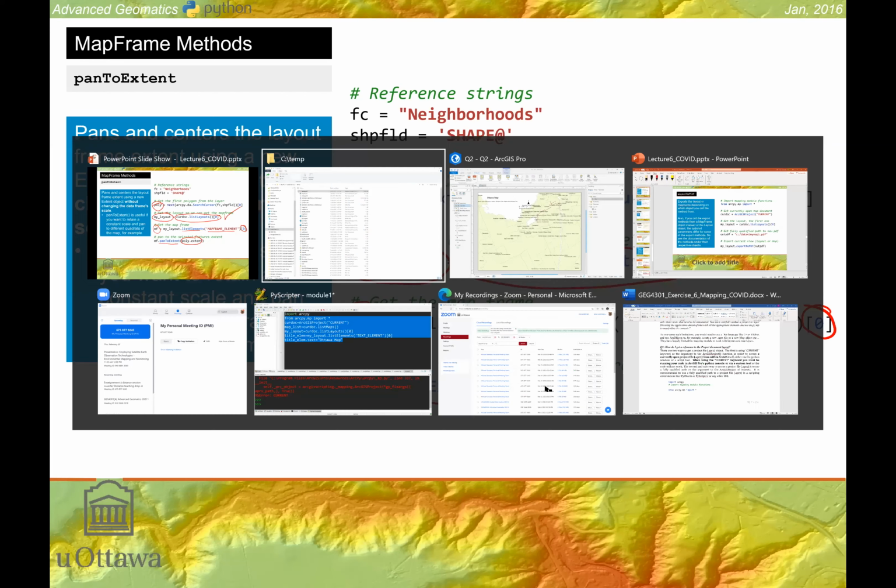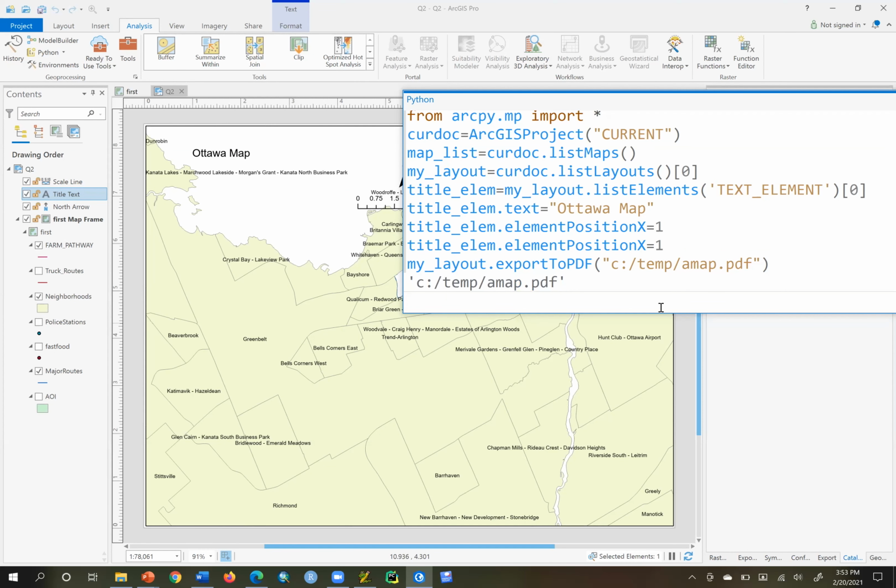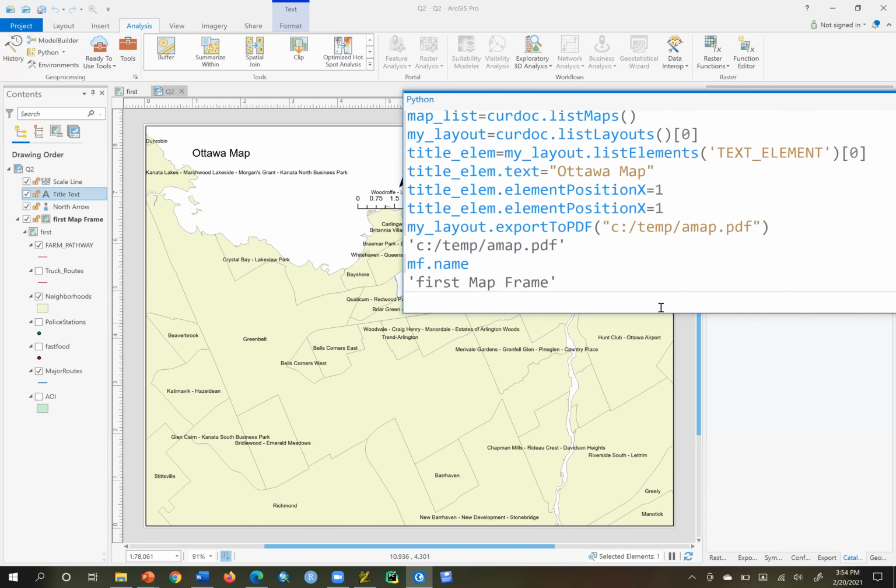Going back here, I have my layout already. I'll list the map frame element. Actually, I already have it, called first map frame, so I don't have to relist it. What I need to do is get a geometry to zoom to. So I'll say my poly equals next